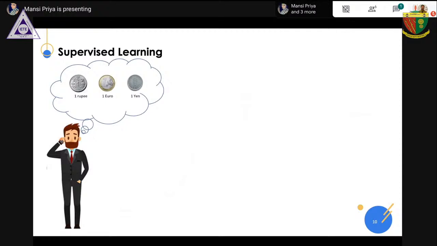As a fact, our friend Dave knows that a 1 rupee coin weighs 3 grams, a 1 euro coin weighs 7 grams, and a 1 yen coin weighs 1 gram. So that is what he used, and being a machine learning enthusiast, he made a model out of it. The weight of these coins, he made it as features. Features is a jargon term used in machine learning. These are nothing but the input things that you need to put in your model. So he used weight as his features, and the output that the model should give is termed as label. So here the currency, whether it is 1 rupee, 1 euro, or 1 yen, was the label.